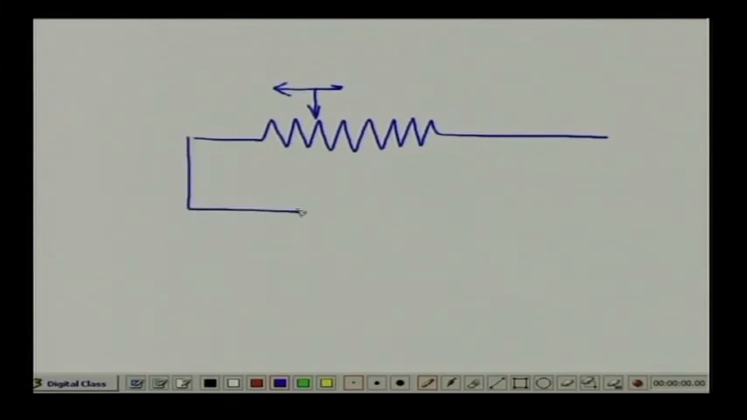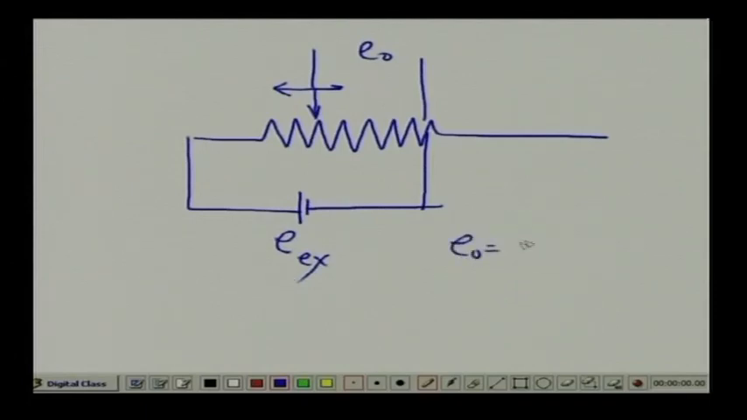I will give some excitation voltage, suppose, and I am measuring the voltage on this one, E naught. Then this output voltage will be a function of this displacement, is it not? Suppose this is x. So, this simple potentiometer can also be used as a displacement sensor. However, the difference between the potentiometer and the LVDT, number one, is